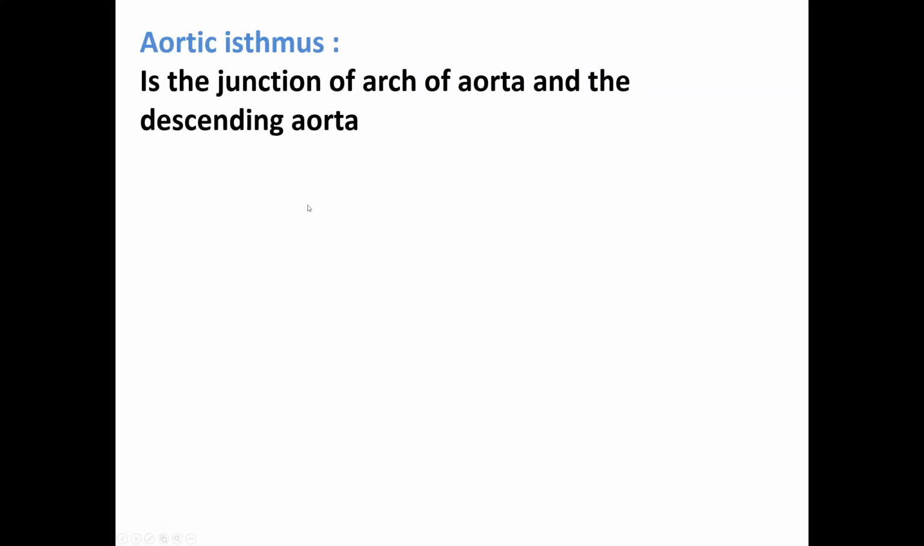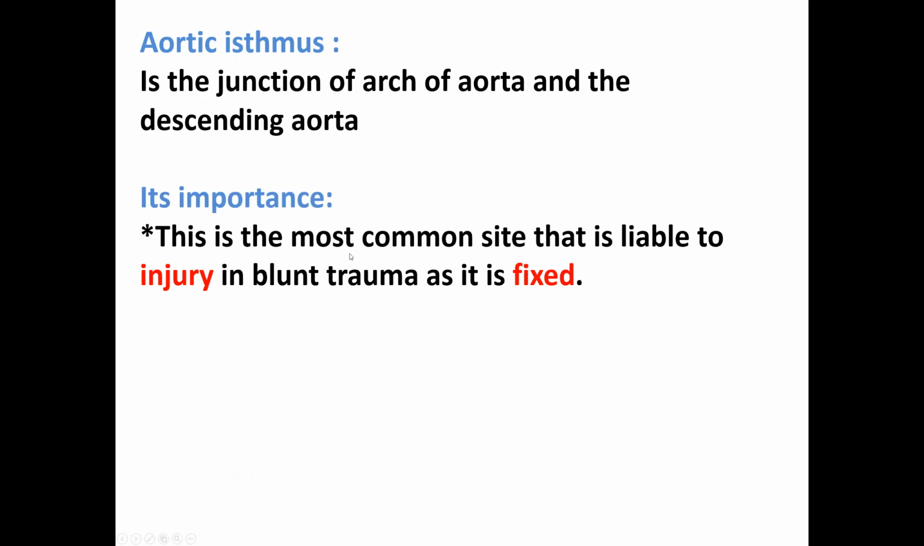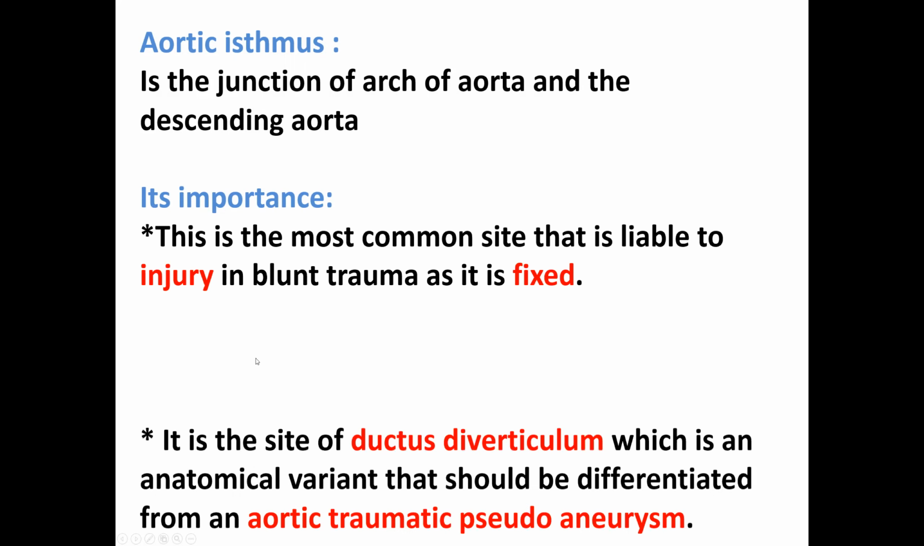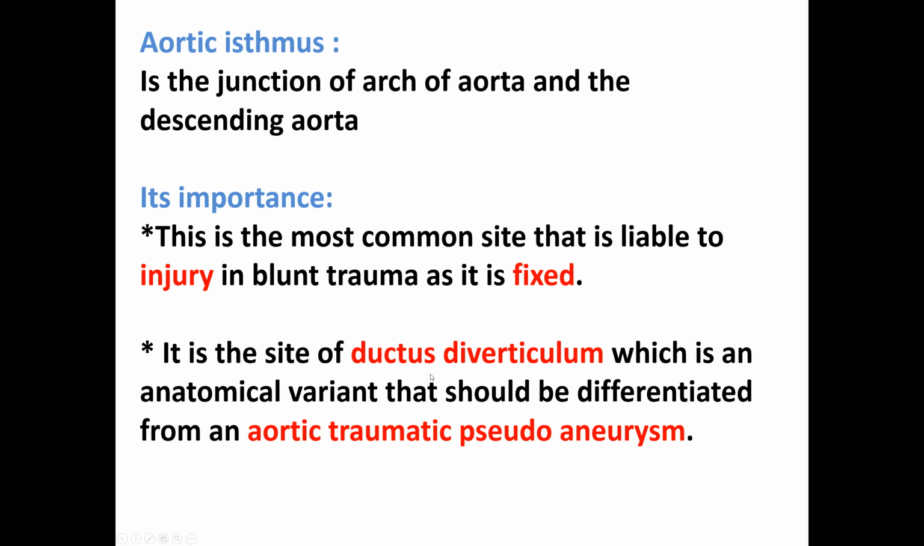Aortic isthmus is the junction of arch of aorta and the descending aorta. Its importance: this is the most common site that is liable to injury in a blunt trauma as it is fixed. It is the site of ductus diverticulum, which is an anatomical variant that should be differentiated from an aortic traumatic